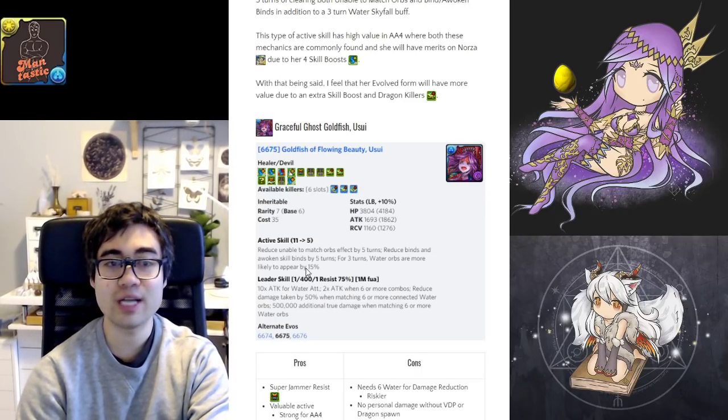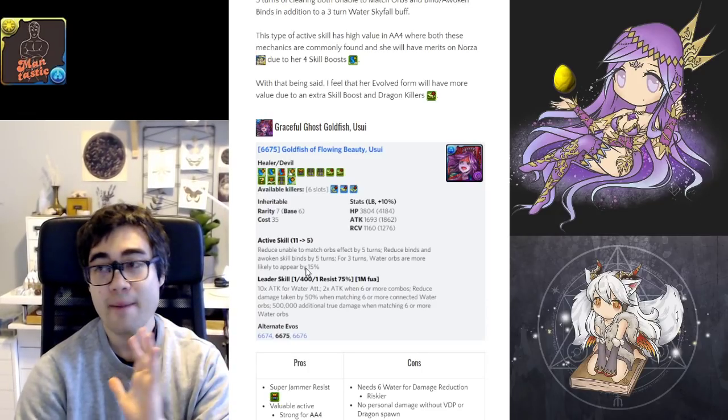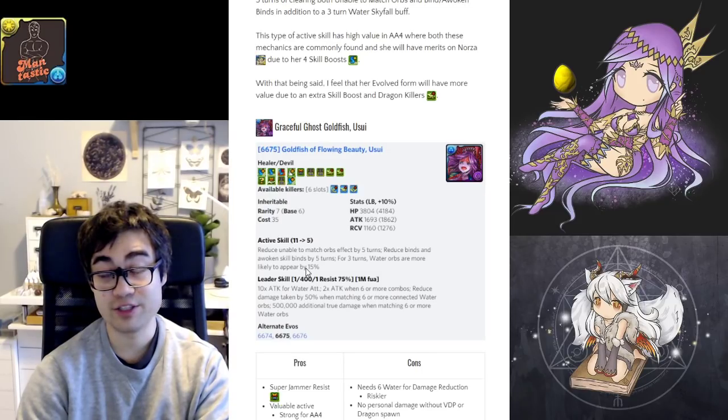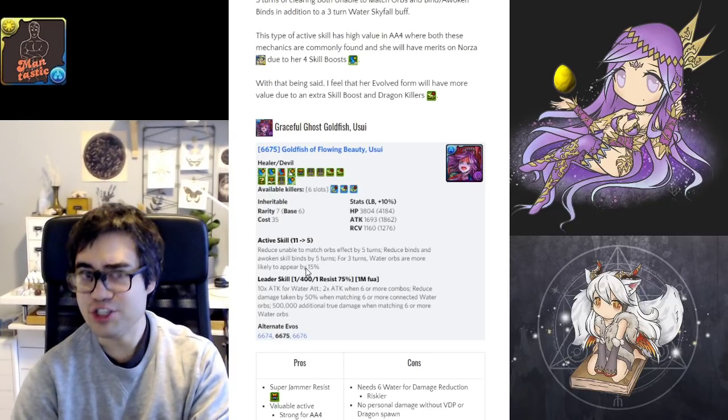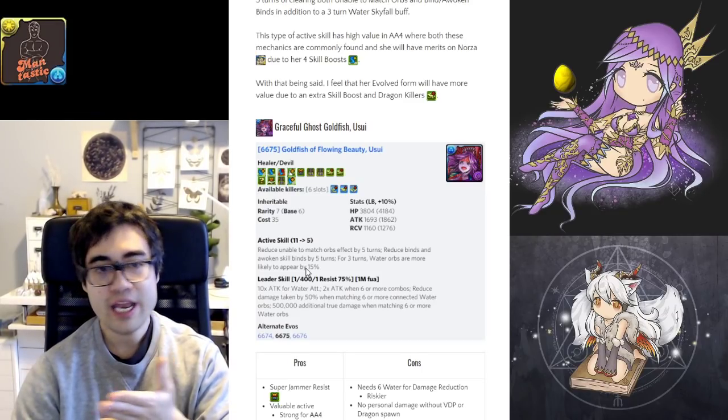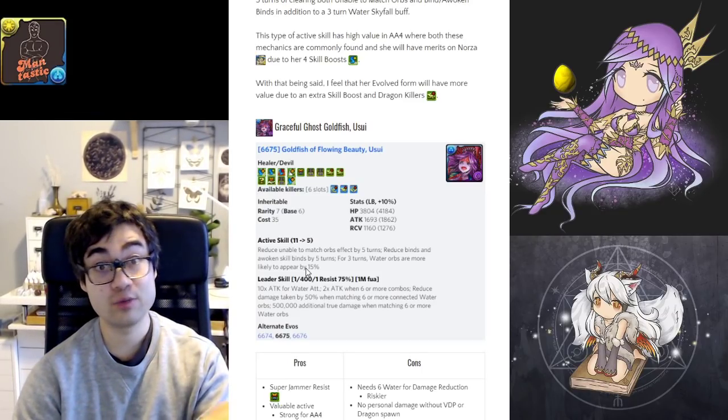The active skill reduces unable to match orb effects by 5 turns, bind and awoken binds by 5 turns, and then 3 turns of water skyfalls. So pretty nice jam-packed active skill. You do give yourself a steadier flow of water orbs, and you counteract 2 dangerous mechanics which are commonly seen